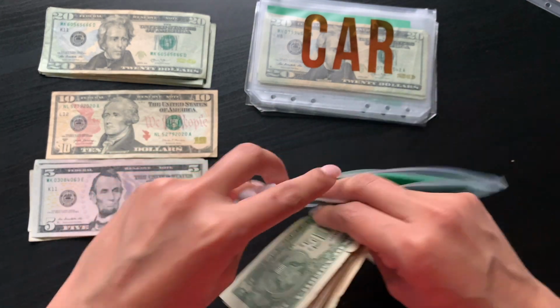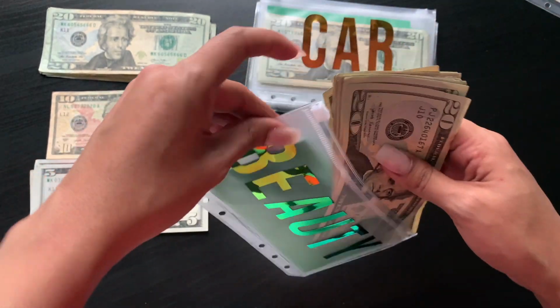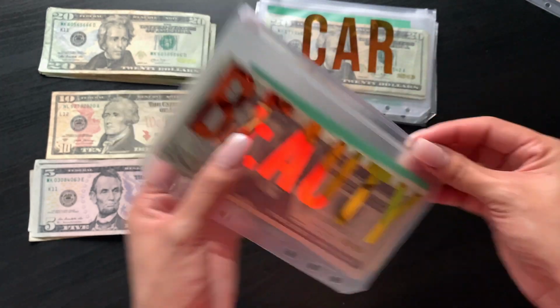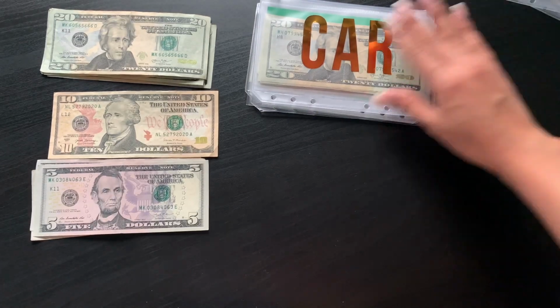And this envelope is ripped. I don't know if you guys can see, but I'm just gonna keep on using it until I can't use it anymore. All right, is there a point in closing it? I don't know. All right, beauty's out. Then we got